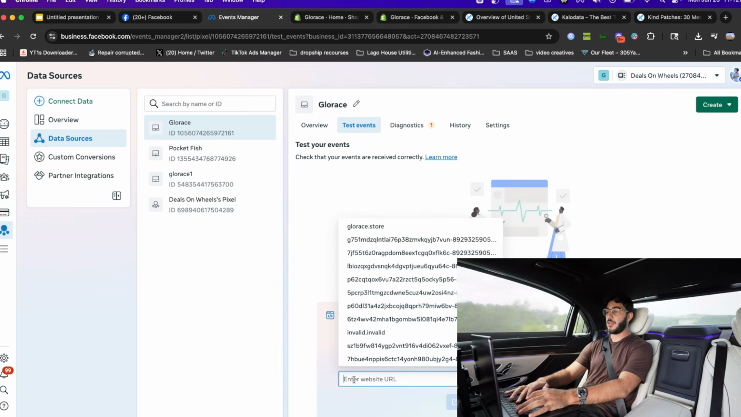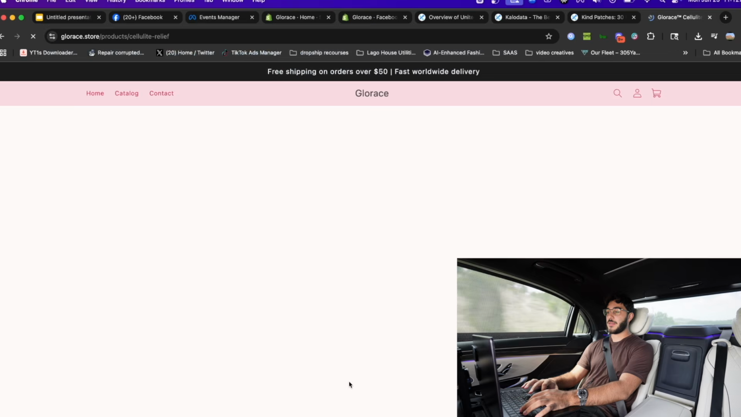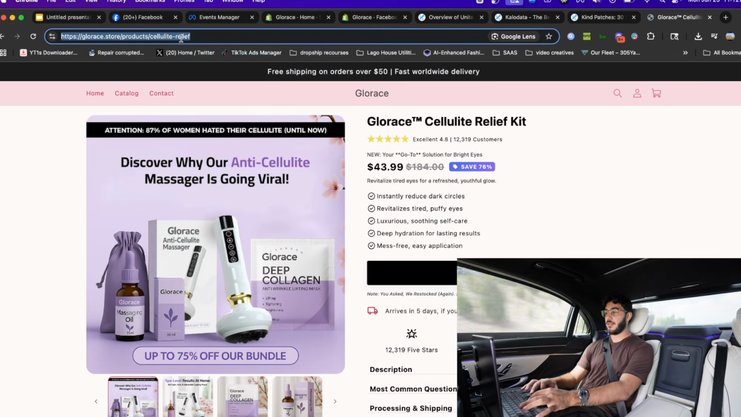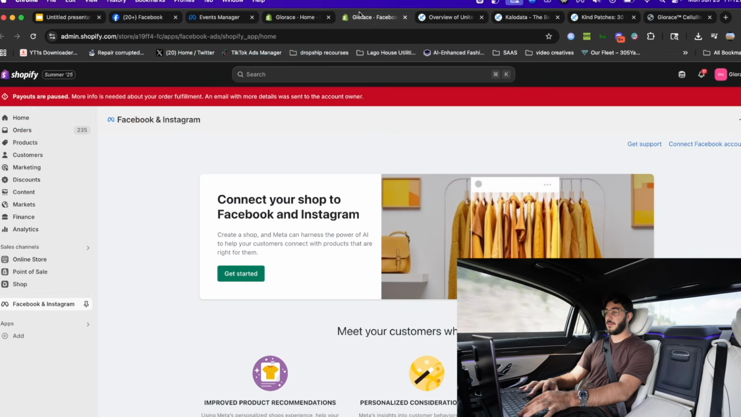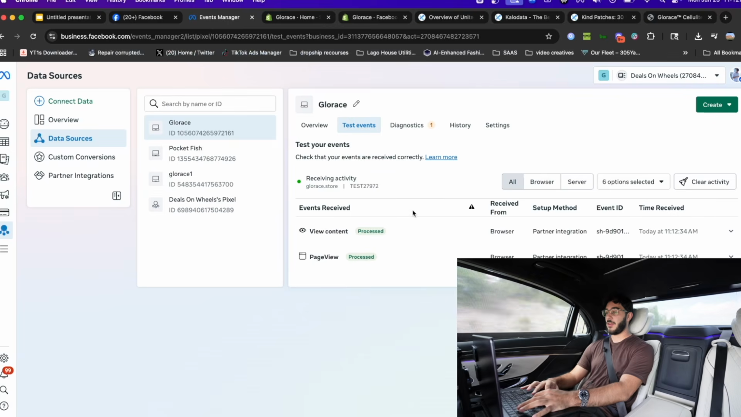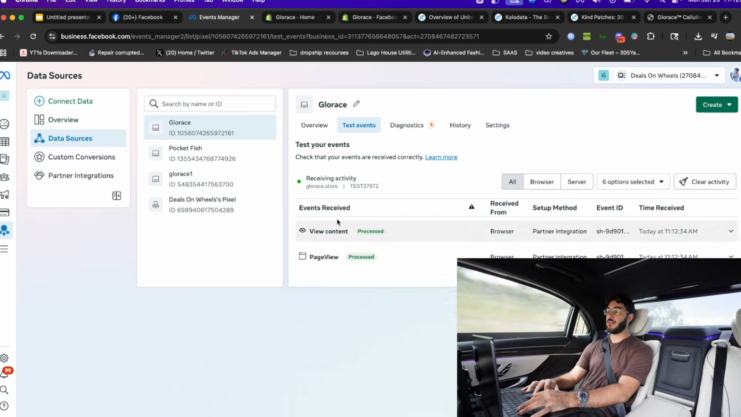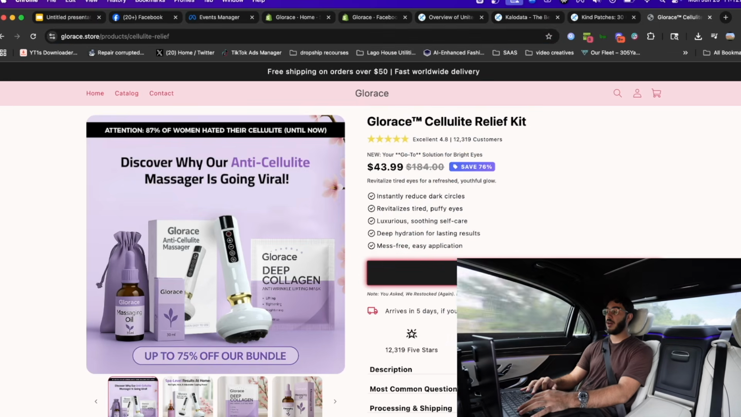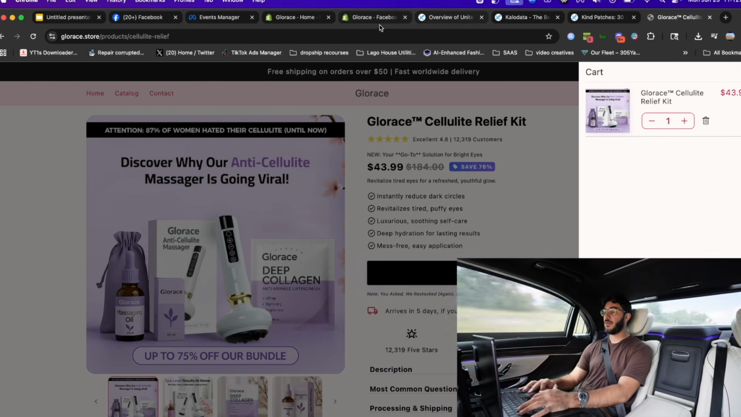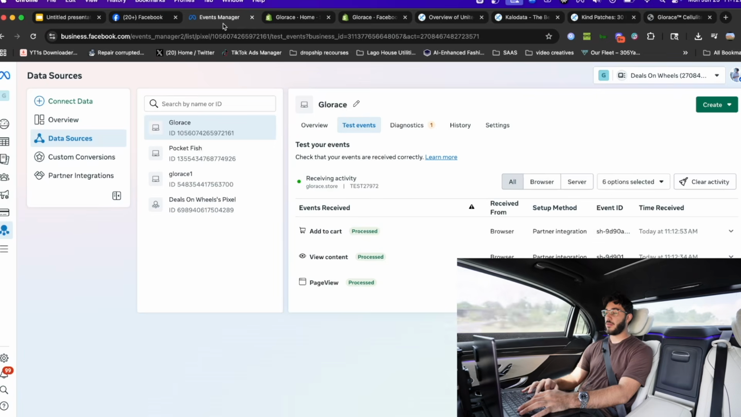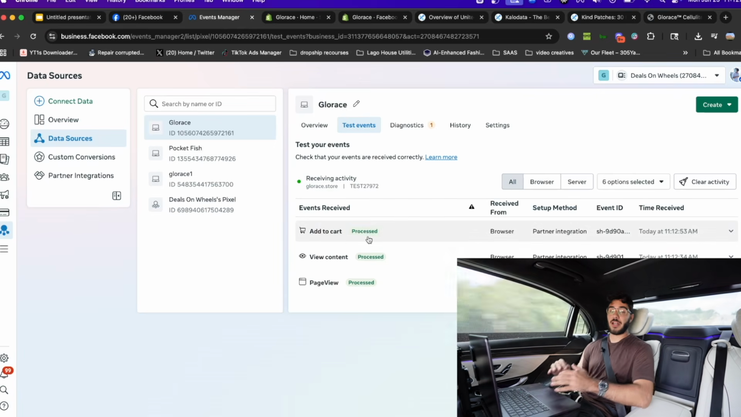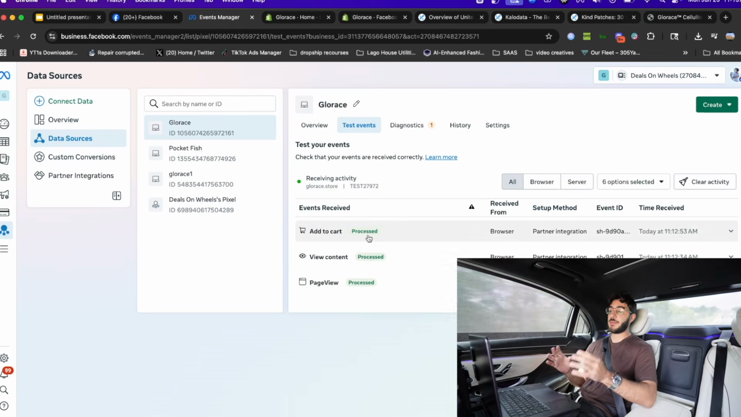So I'm going to use that same website that I'm using, this cellulite massager thing, and go to Events Manager. Let's go ahead and clear. Okay, we have our website in there now. As we can see, View Content, processed. I can add this product to a cart and see it in my cart now. And over here, it should show Add to Cart reflected. So now test events are working and we can see my pixel is active and Facebook is able to see the traffic coming in from Shopify, which makes this